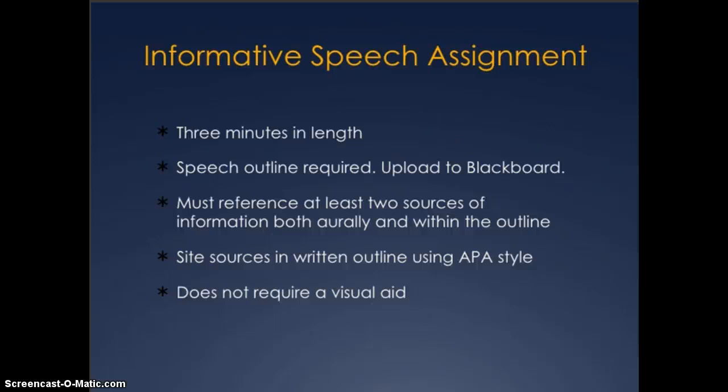The speech outline is required, so I have to have a paper copy uploaded to Blackboard with your speech outline. And then you must reference at least 2 sources of information orally, and then also as part of your reference page with APA-style citation. This speech does not require a visual aid. So that's the nuts and bolts of the speech assignment.